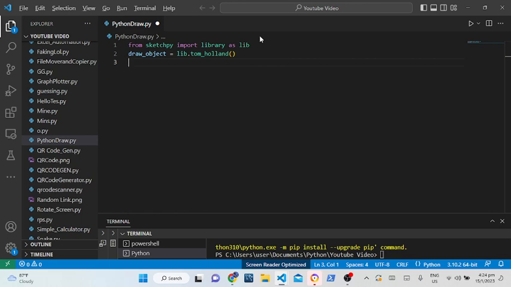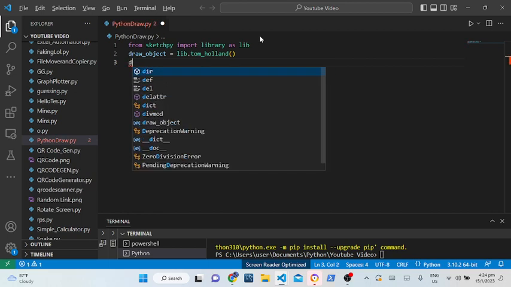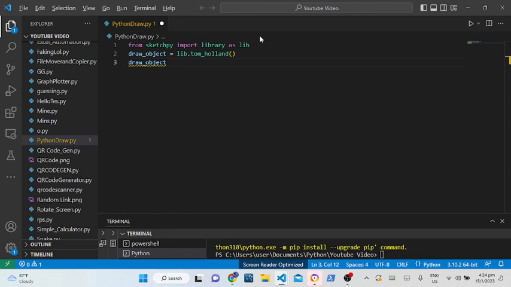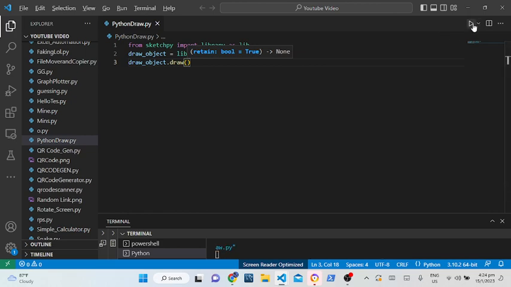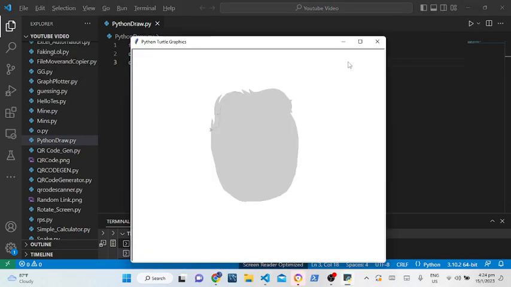The next thing we can do is draw object. So draw object dot draw. So dot draw. And that's it. 3 lines. Now if I run it, as you can see,